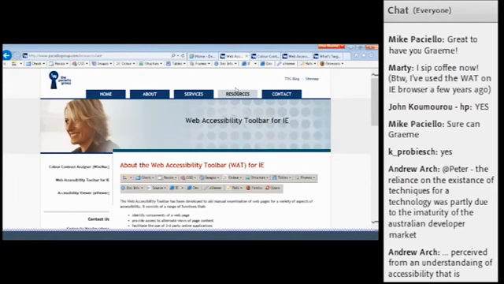So the first thing to look at is images, and in web accessibility, the type of things that we're looking for are things like, do images have appropriate alternative text?